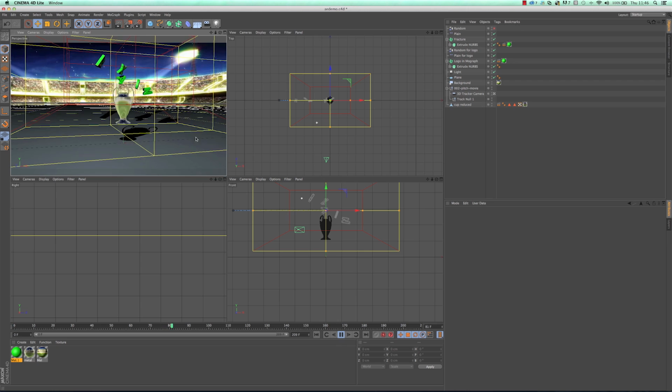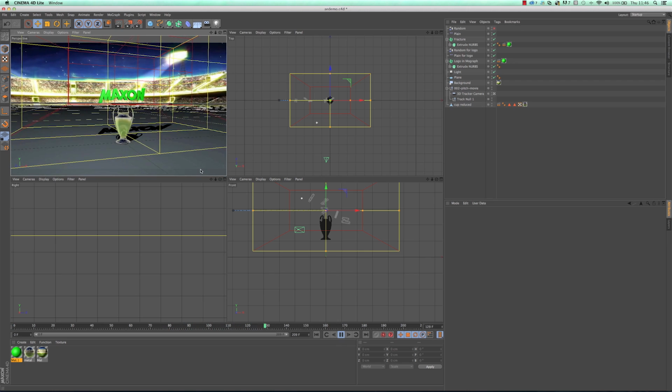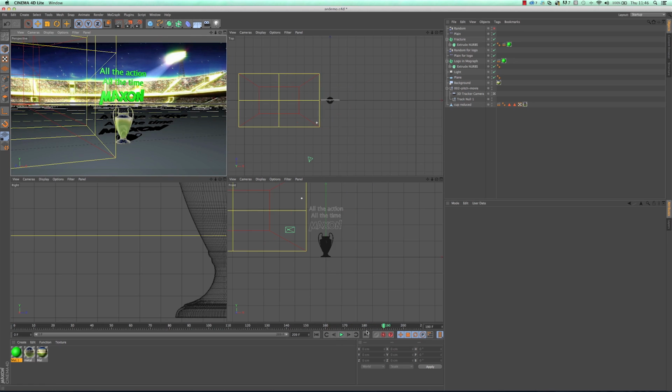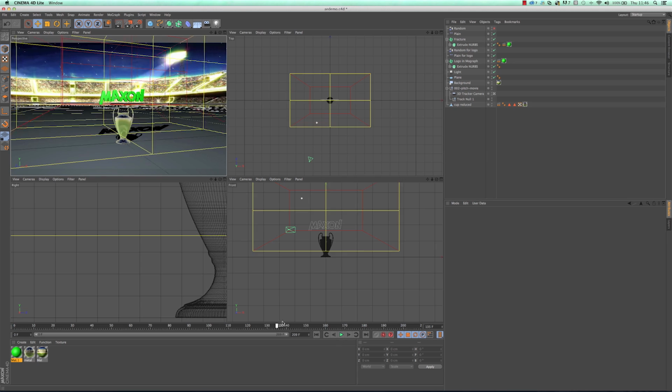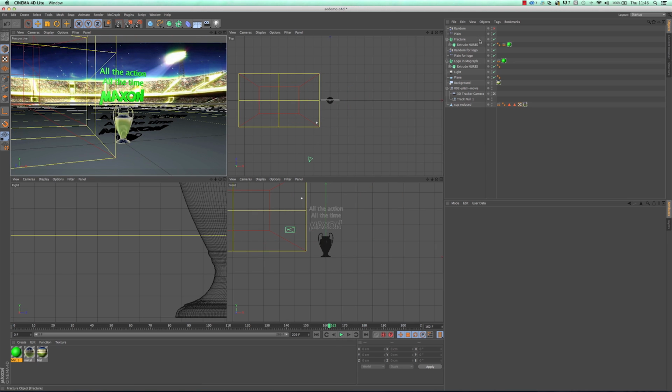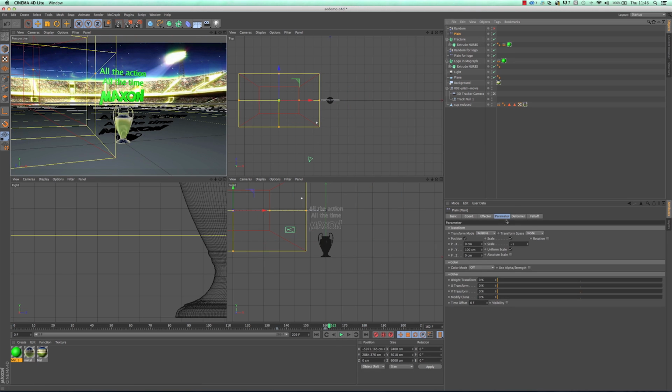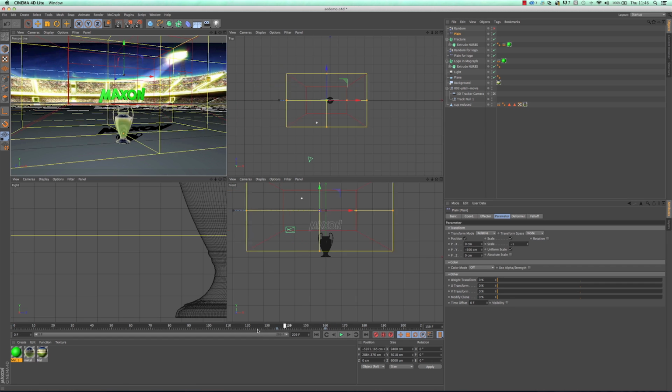Oops, let's hit the right thing. In comes the logo, and now this other bit appears, which is really cool. But what I love about Cinema 4D is I go, okay, quite like that. Let's add something to it. So I can go back to the effector here, and I can say, do me some position changes. So let's say start a bit lower and appear like you're coming up.